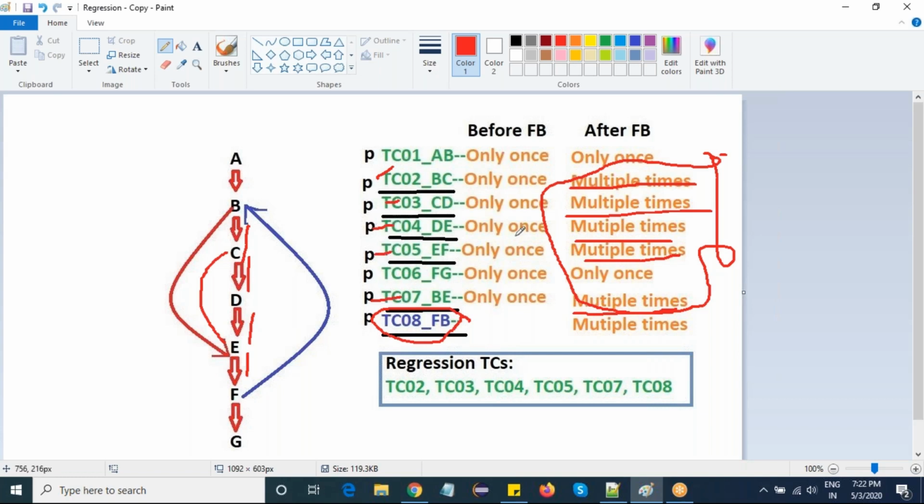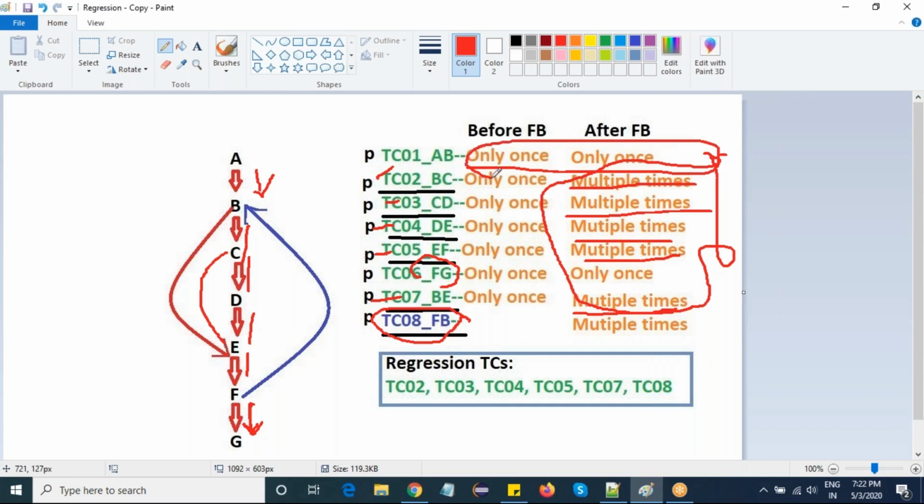So the developer has to change the code in these 5 test cases also. This is nothing but impact, side effect, right? Obviously, if you see F to G, it is only one flow. Whenever a user goes from F to G, there is only one direction. Here also we have only one direction. A to B and F to G are the only ones.